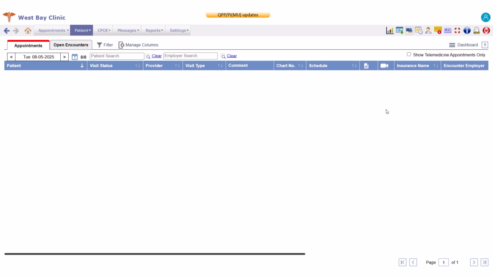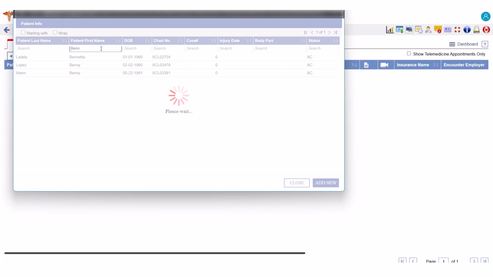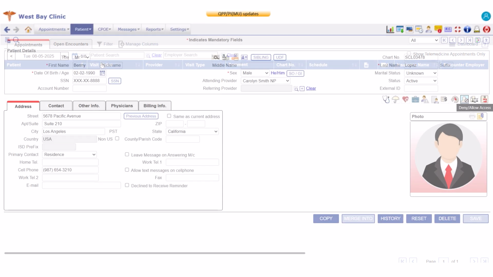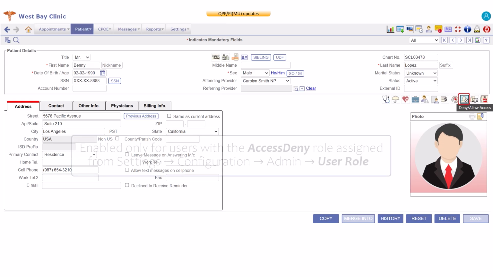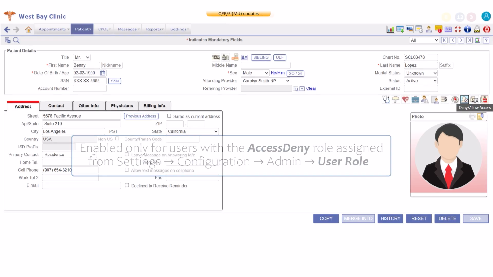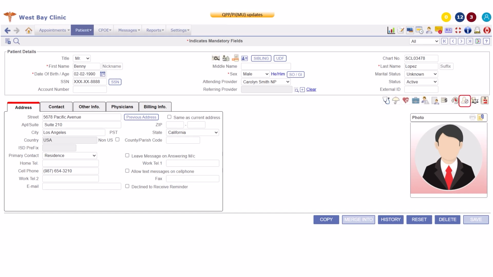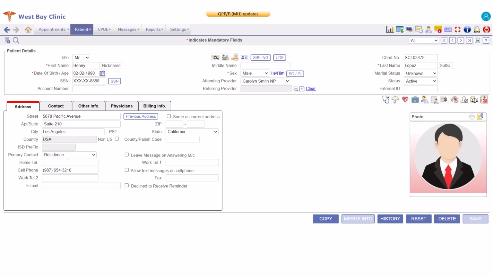To manage access to a patient's record, navigate to the patient menu, select Register, and open the desired patient's record. On the patient registration screen, you'll see a Deny Allow Access icon located above the patient's photo. This icon is enabled only for users who are assigned the Access Deny role through the User Role Master screen. For users who do not have this role, the icon appears disabled, and they will not be able to modify access settings. Users with the Access Deny role can click this icon to either restrict or allow access to the